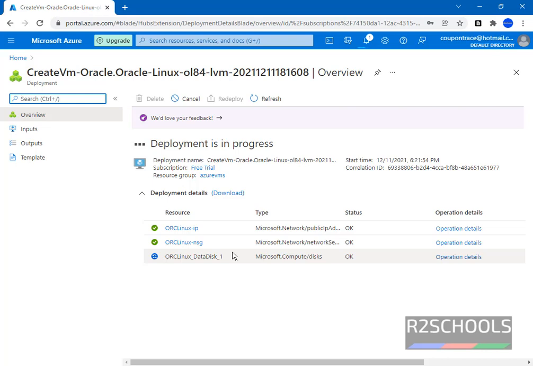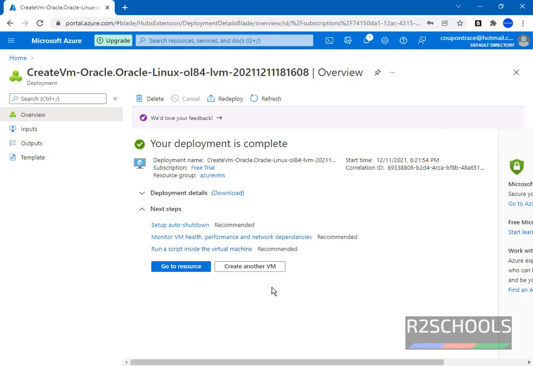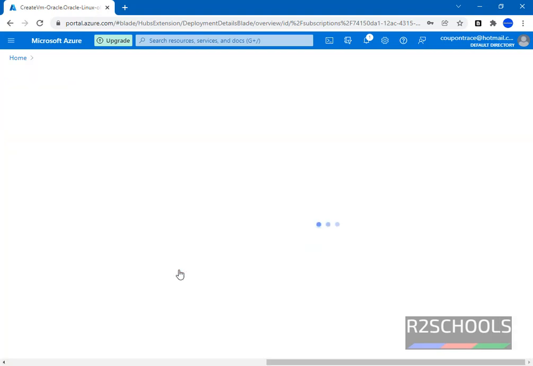See, it has created resources, public IP, deployment succeeded. Close this notification. If you want to create another virtual machine, click on this create another virtual machine. Or if you want to see the overview of this virtual machine, then click on go to resource.